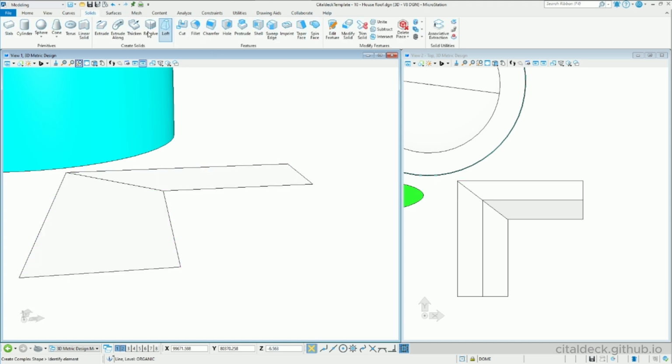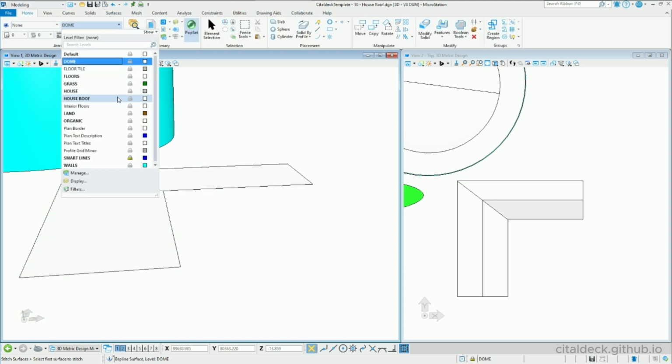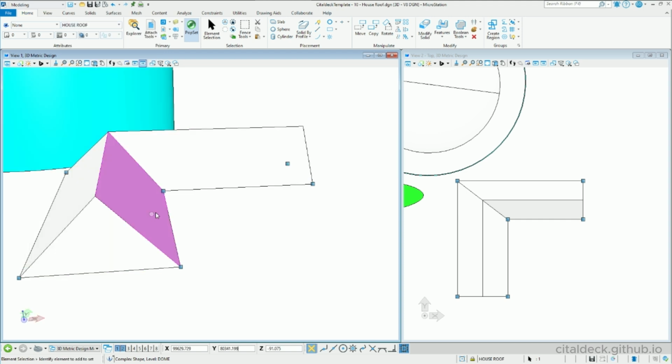I'm going to go to the Surfaces tab. And in the Modify Surfaces panel, I'm going to click on Stitch or Combine Surfaces, and I'm going to click on this surface and this surface. I'll click it again to finish the process. And now it is one surface. I'm going to move this base to our house roof layer, and now I'm going to combine all these surfaces